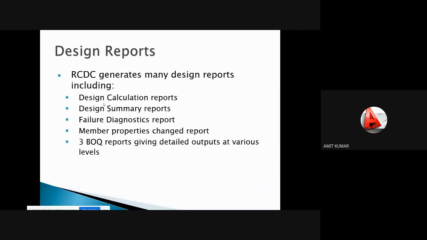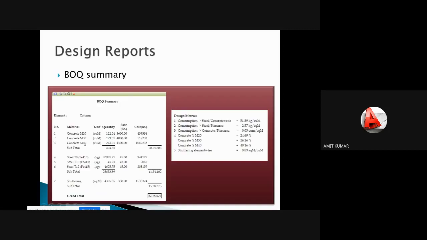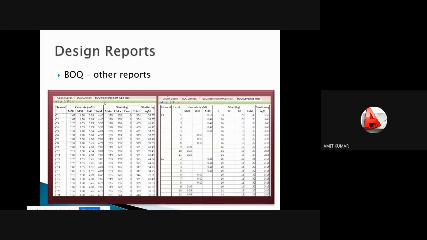So basically in BOQ summary, you will get 3 types of BOQ files here. The first one you will get is the BOQ summary only, the billing of quantity summary. And then in the next you will get the details according to the members, that means according to the concrete grade, that is the BOQ reinforcement details, accordingly you can see, and you can get the details according to the level wise also. Here you are seeing that at the left side you are seeing the details according